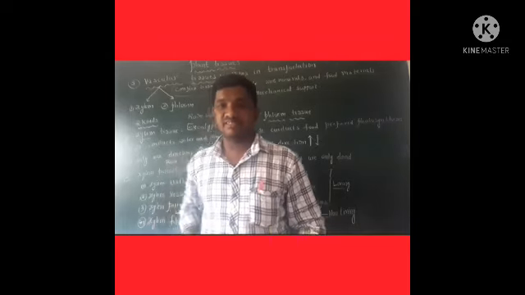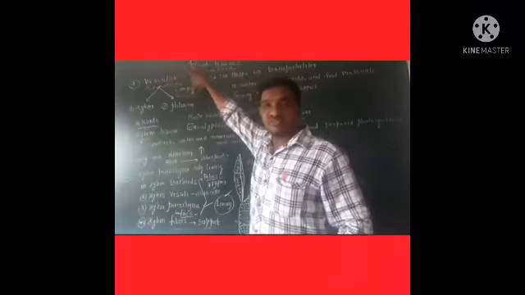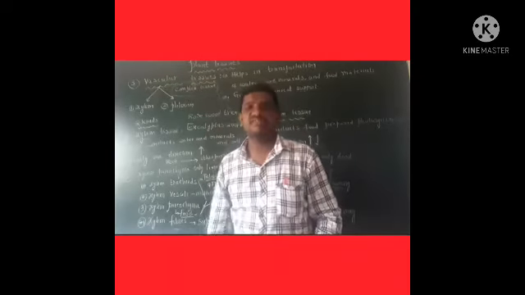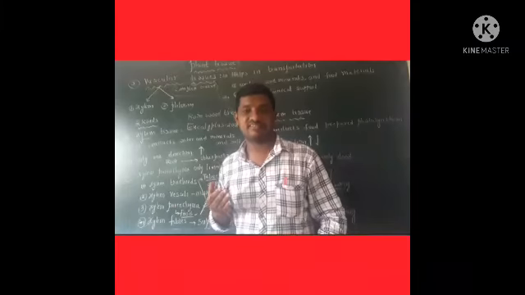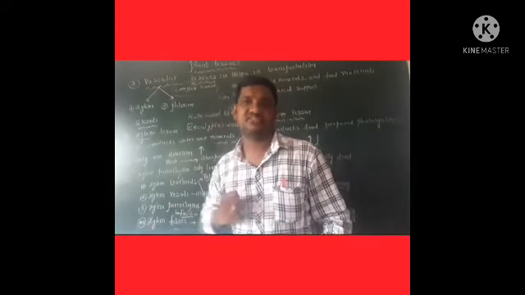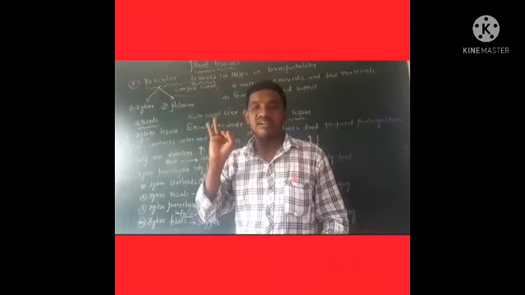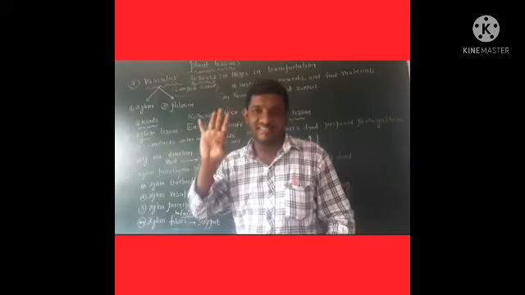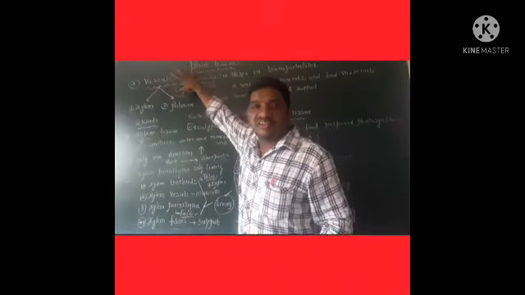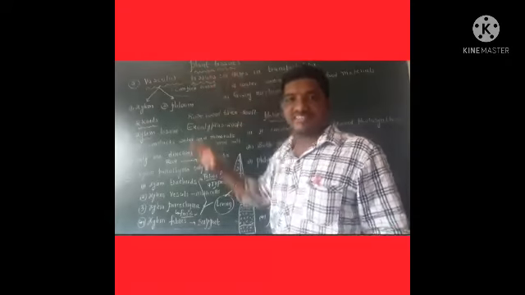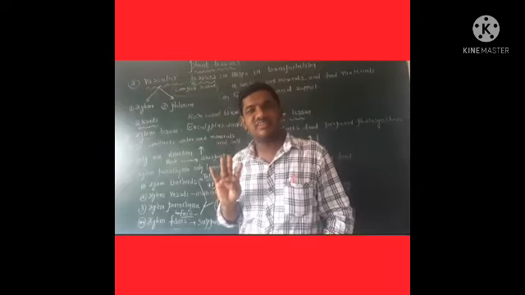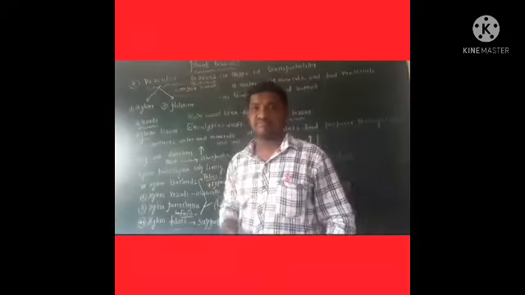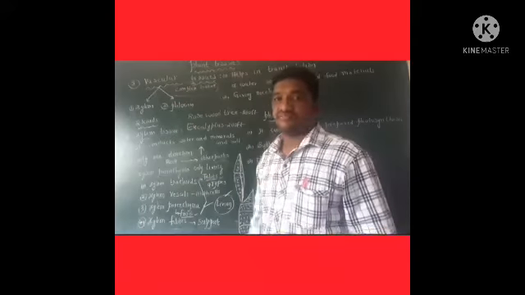The next concept is vascular tissues. This is the fourth kind of plant tissue. See, what are the remaining tissues in the plants? First one, meristematic tissues. Second one, ground tissues. Third one, dermal tissues. The last one, that is vascular tissues. What is vascular tissue?